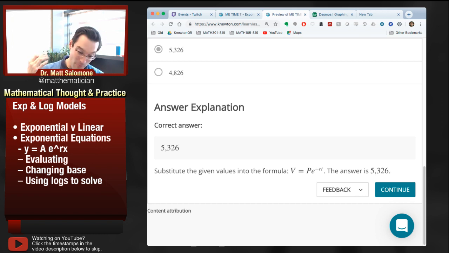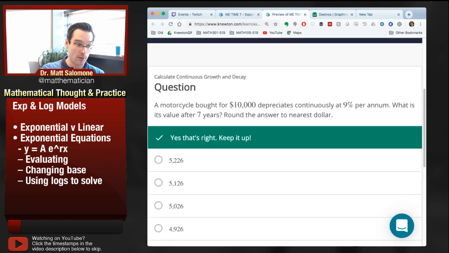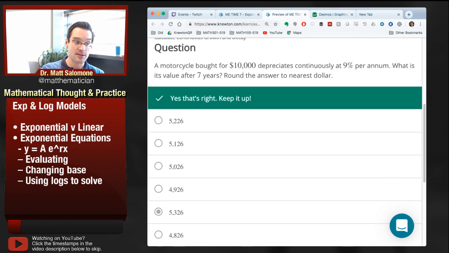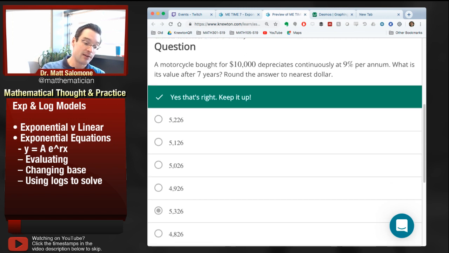So if you're whizzing through this work and just getting it done, that's what they were expecting you to do. But what I'm hoping is that the time we took here to go over where that formula came from helps you understand what's going on when a quantity is changing with a consistent percentage change rather than a consistent amount change. Now we get functions that are no longer linear, but exponential. And before we take a short break, and then come back to talk about how to use the formulas in exponential models to both evaluate exponential functions and solve for values of exponential functions, let's get on the page